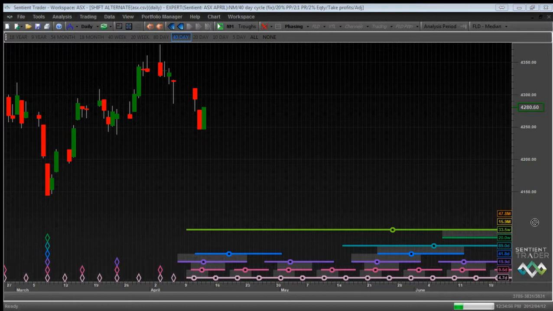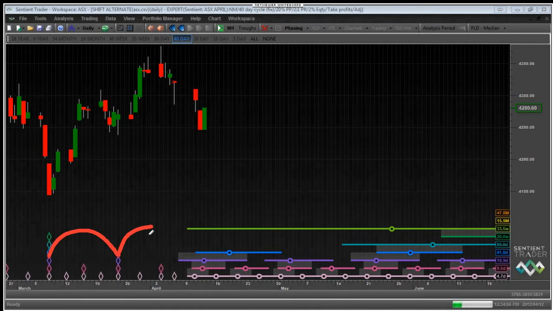All right. What about the shorter cycles? Well, the 20-day cycle experienced... let me just clear this drawing. I'm doing so much drawing on the chart that you can't see anything anymore. What about the 20-day cycle? Well, the 20-day cycle experienced a trough there, as you can see from that diamond, went up and experienced another trough here. There's another diamond. Then it's going up, and it's expected to come down and form another trough over here. So that's what's happening to all of these cycles.